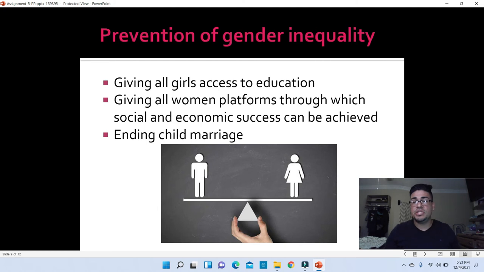Preventing gender inequality. There are different ways through which gender inequality can be reduced, and reducing gender inequality is an extremely important position that has to be taken worldwide. One of the greatest acts that can be done to achieve gender equality throughout the world and reduce gender inequality is giving all rights,